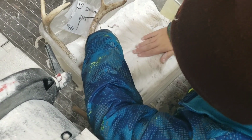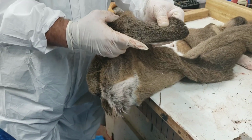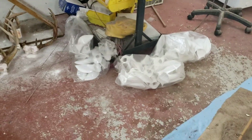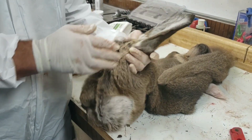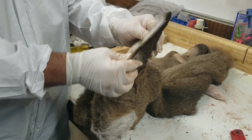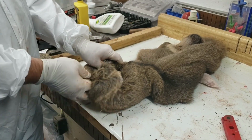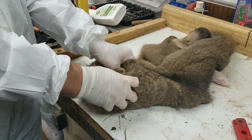Man, that thing is really sticking up there good. The tip. Then there's a piece of cartilage in there. I'll take that cartilage out and I'll put, see them plastic airliners over there? Yeah. I'll put them airliners in it. So it makes it stick up. And with your deer, I'll let you choose how you want it, but what I would do is do the ears back on your deer when it's mounted, because it's gonna show your horns off better. The ears forward, if you truly watch a deer in the woods,